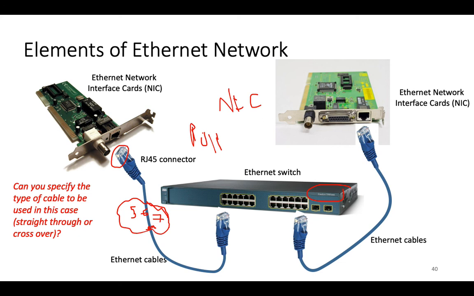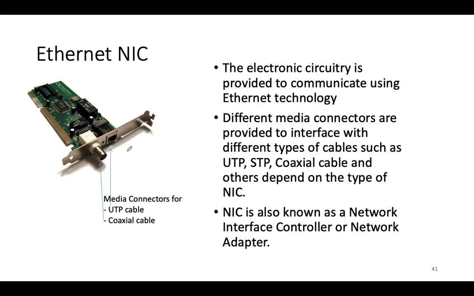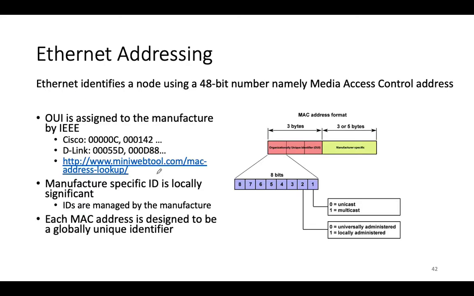That one can take multiple shapes. As you can see over here, you can use the port as Ethernet, or you can use the interface as coaxial, and both of them will be used as a network card. No issue with that. As you can see here, this is the UTP cable or twisted Ethernet cable, and this is coaxial cable, and it can work very well. There's no problem at all. One thing I need to mention to you,